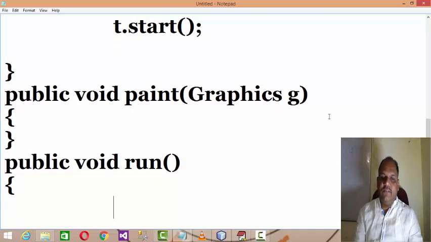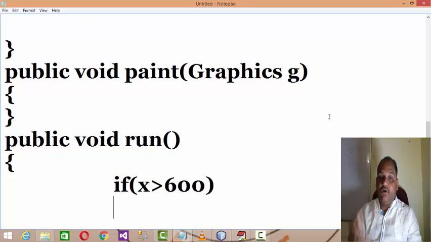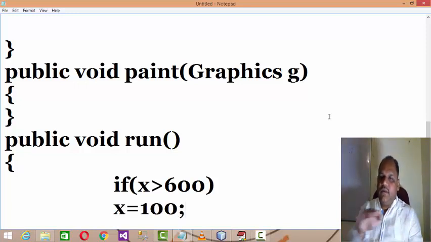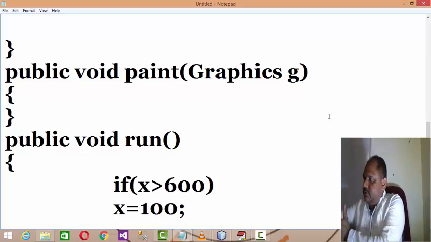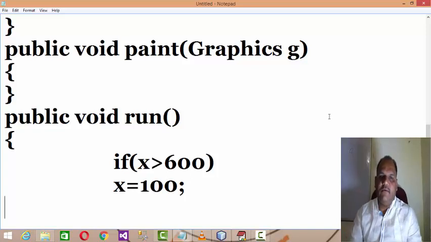In run you have to specify that if the coordinate value of x goes beyond some limit, you have to think about termination, then x equals back to 100. Or from the starting position, if your x value reaches something, you reverse back, because you want to produce dynamic effects.